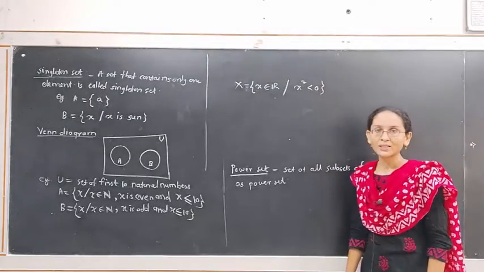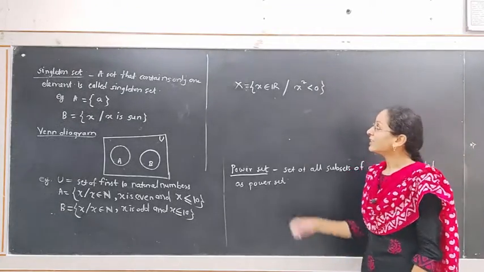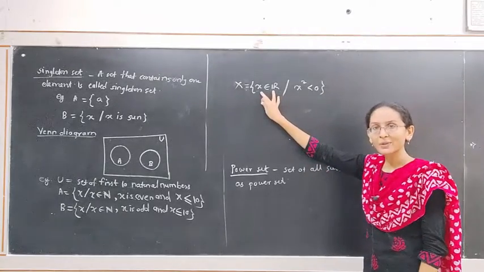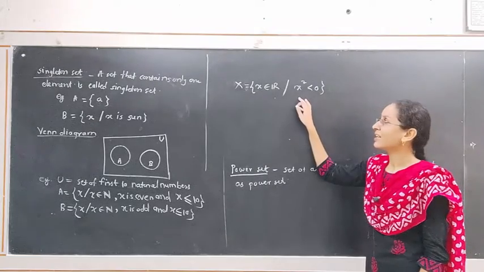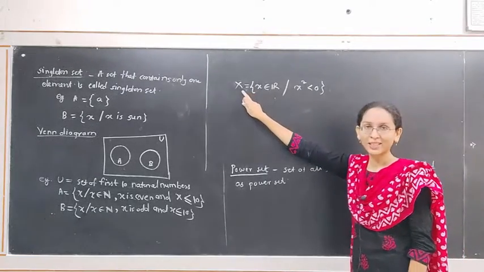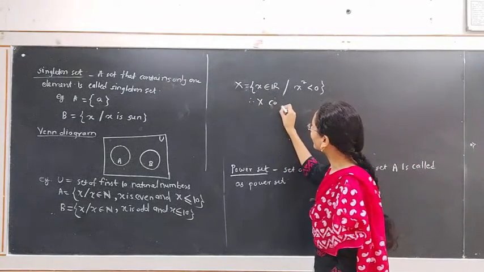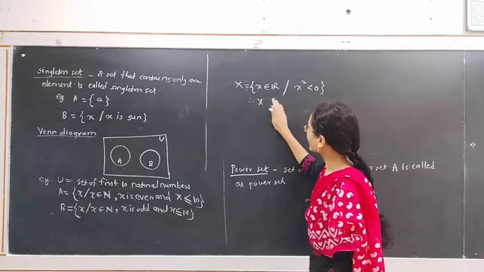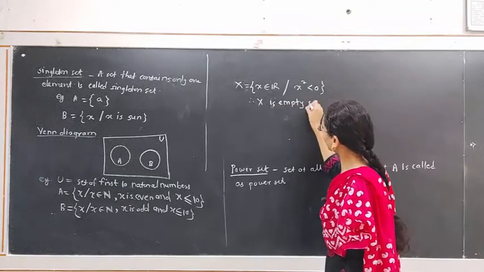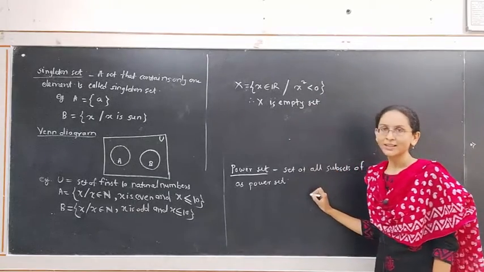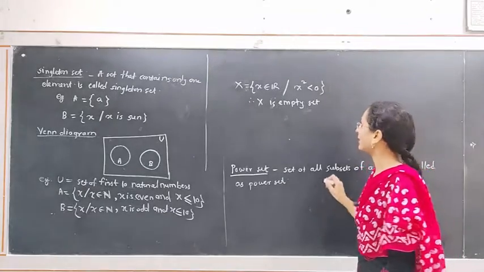We know the square of any real number is positive. Here we are considering some real numbers whose square is negative. It is not possible. Hence, no element belongs to set X. Therefore, X consists of none of the elements, or X is empty. The set that doesn't contain any element is called the empty set and it is represented by phi.